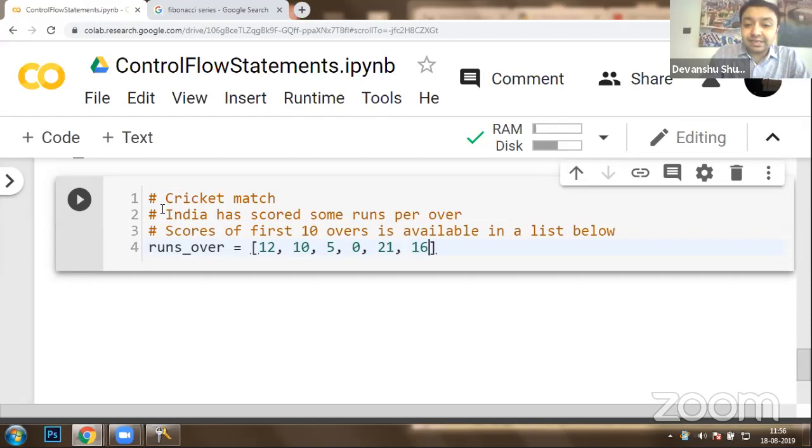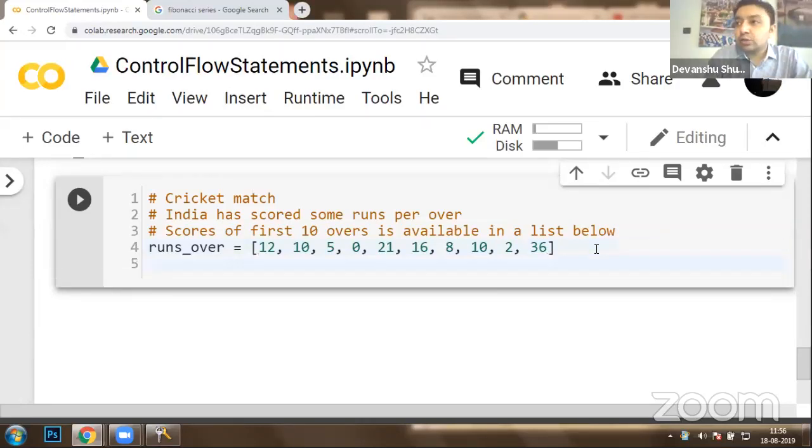Sixth over, we got 16. Seventh over, we got 8. Eighth over, we got 10. Ninth over, we got 2. And then we got 36 left. 6 check. Okay, we got 6 sixes hit in a row. So these are 1, 2, 3, 4, 5, 6, 7, 8, 9, 10 overs, and you have got runs per over. Okay. Now what I would like